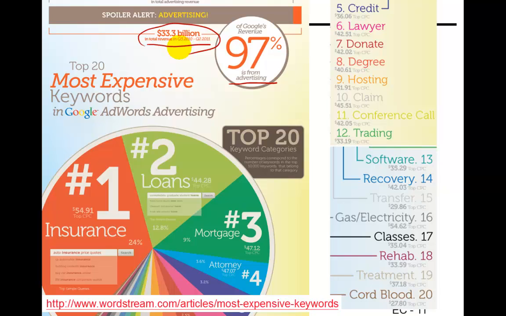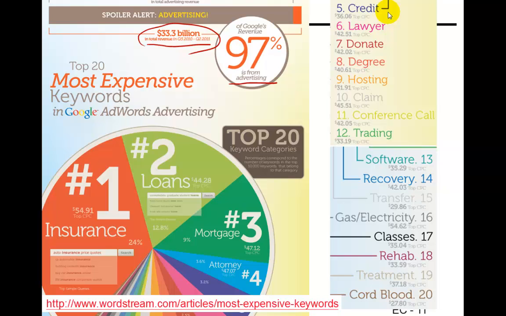The top 20 most expensive keywords, let's look at them a little bit. Some of the top ones relate to insurance, loan, mortgage, attorney, and a few others from 5 to 20 are credit, lawyer, donate. Lawyer and attorney are the same.